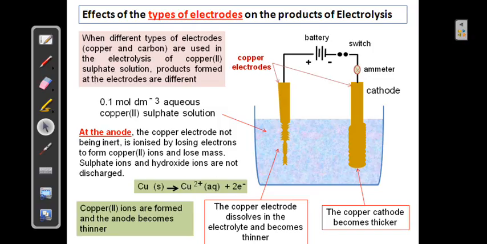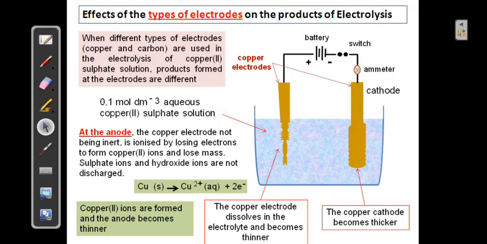So the half equation shows that a copper atom in solid form, the electrode itself, will react and ionize and produce copper 2 ions in aqueous form when it releases its 2 electrons. So they happily release their 2 electrons, then they form ions,